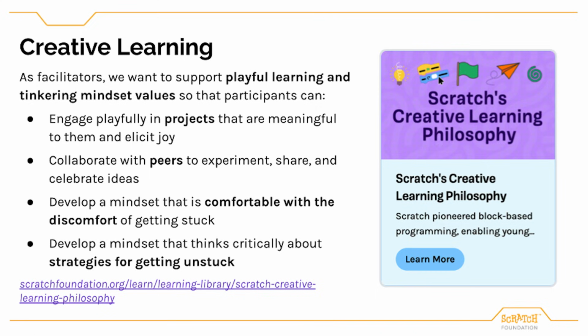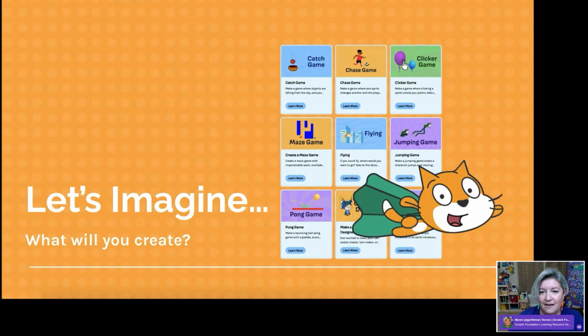And remember, it's okay to get stuck or feel uncomfortable. You don't have to have all the answers right away. Just a curious mind and an excitement to try new things. That is part of the process and how we develop and model a growth mindset for our learners. At the end of this talk, I really want you to be able to walk away with just a wide variety of resources and an understanding of our Scratch creative learning philosophy and creative learning spiral so that you can feel comfortable engaging with learners on these session topics and using Scratch in your classroom.